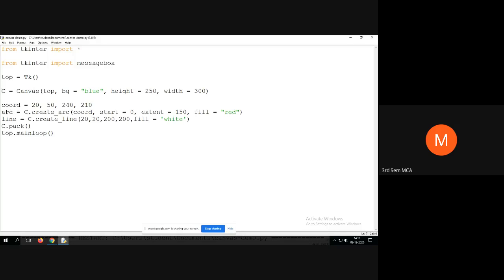Then how to create an arc? C dot create. So within the canvas we are creating an arc, therefore we use C dot canvas dot create, that is C dot create_arc. Create underscore arc is the method we use to create the arc. So this is the coordinate. COORD represents coordinate. So starting from 0 and the upper limit is 150, to the extent of 150, fill in red